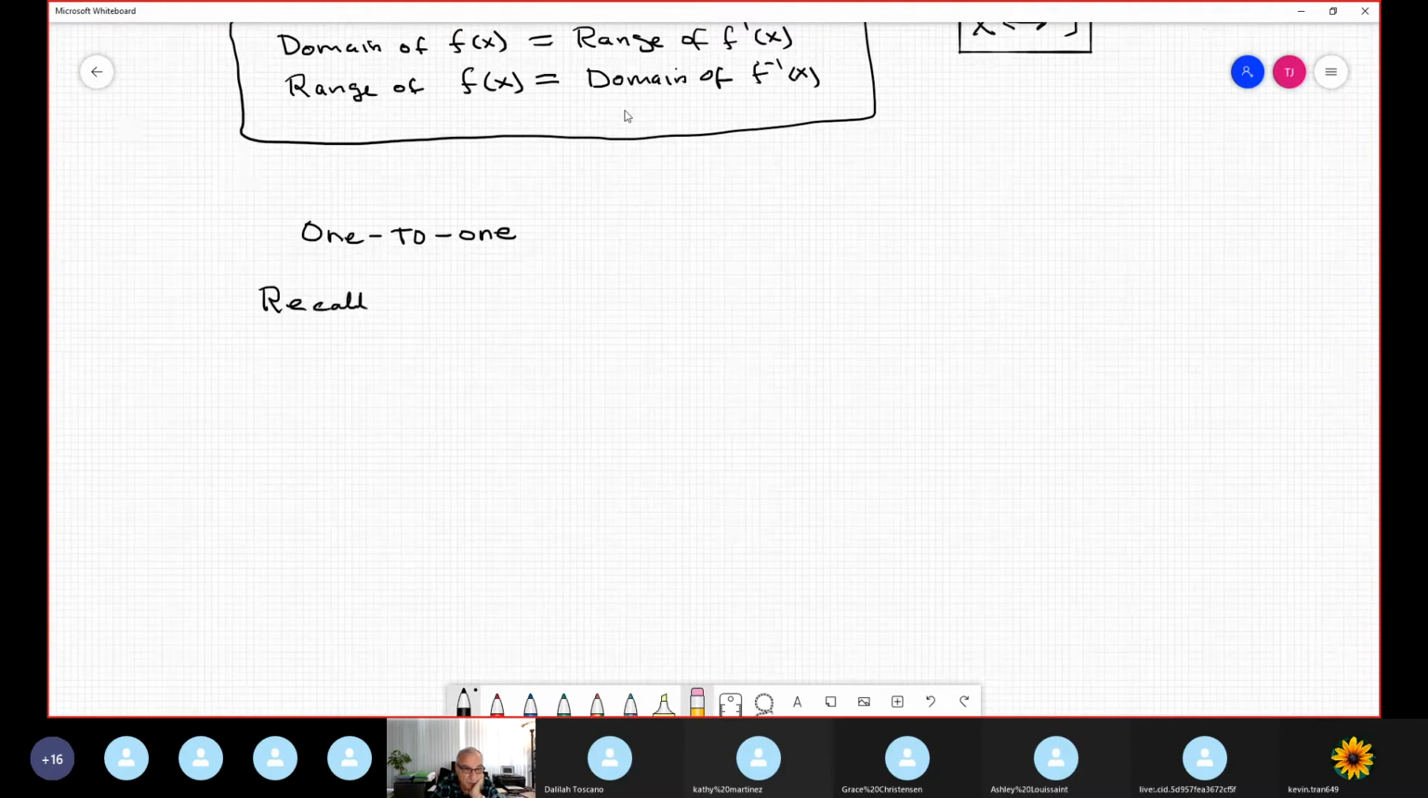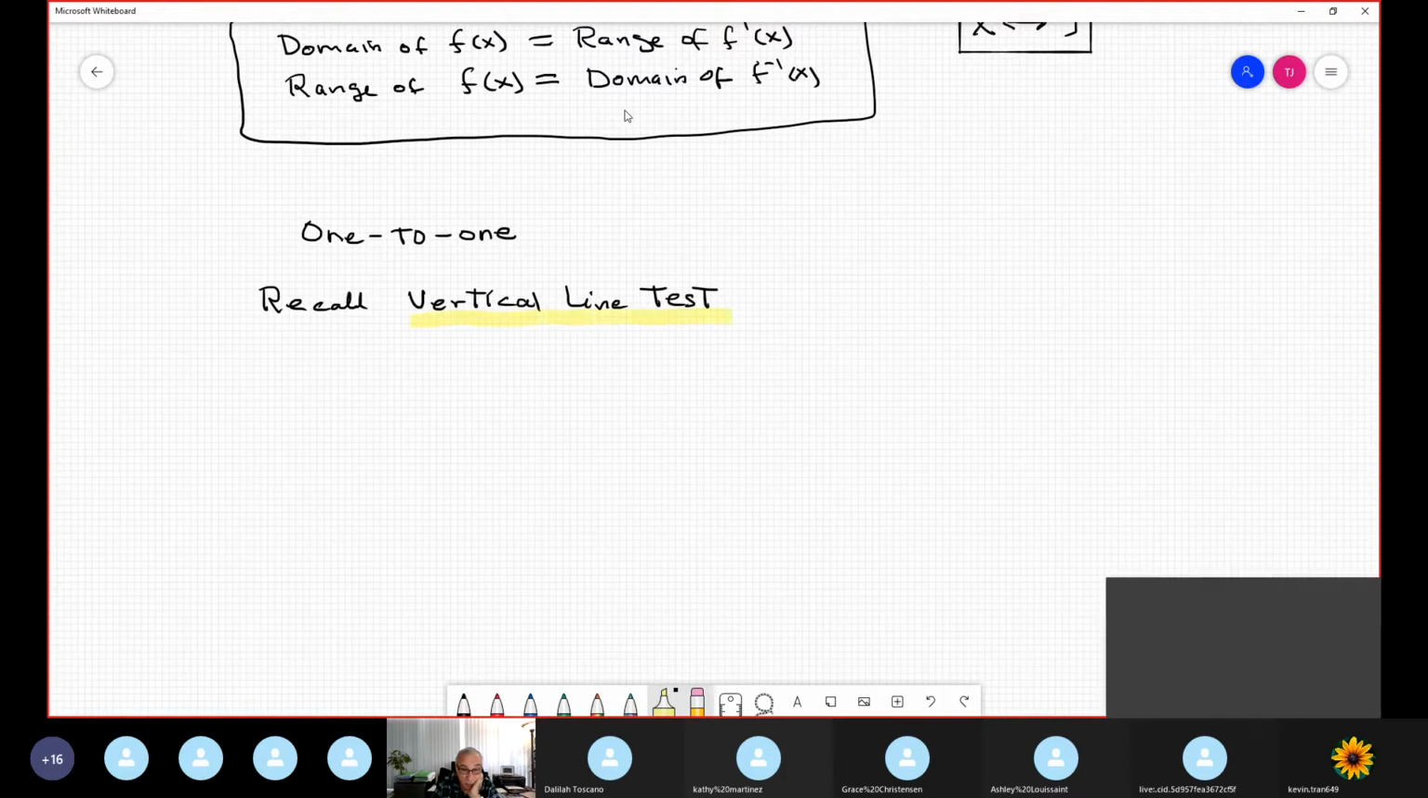Recall the vertical line test. The vertical line test is a super important test that allows us